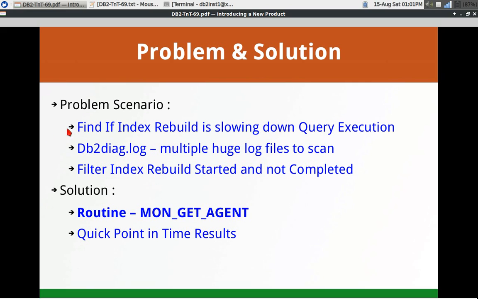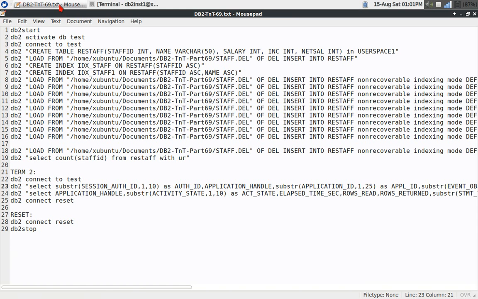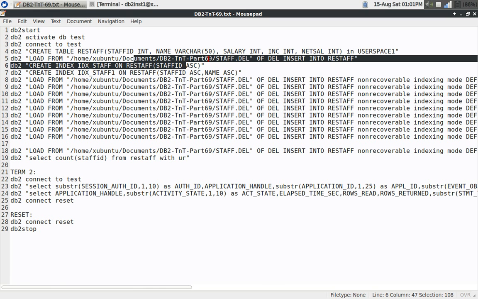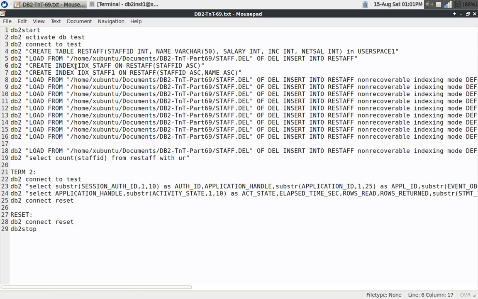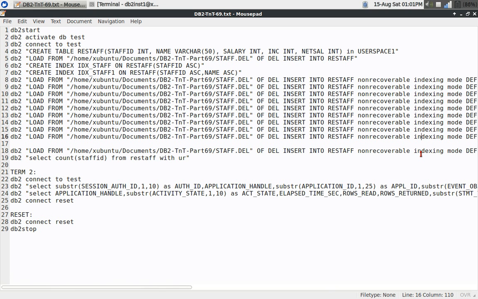Okay, so as usual we will go with certain demonstrations or examples to make it better understood. Here I have activated the database and connected to the test database. I have created a table RE_STAFF, and I am loading some huge data into it, and there are a couple of indexes that I have created, IDX_STAFF and IDX_STAFF1, on the particular table. And look at this, this is the important thing: I am using indexing mode deferred,